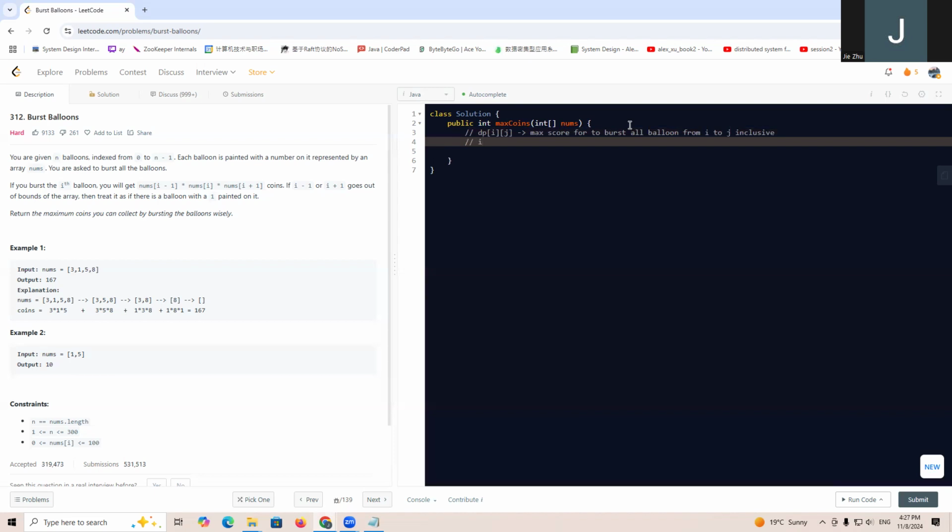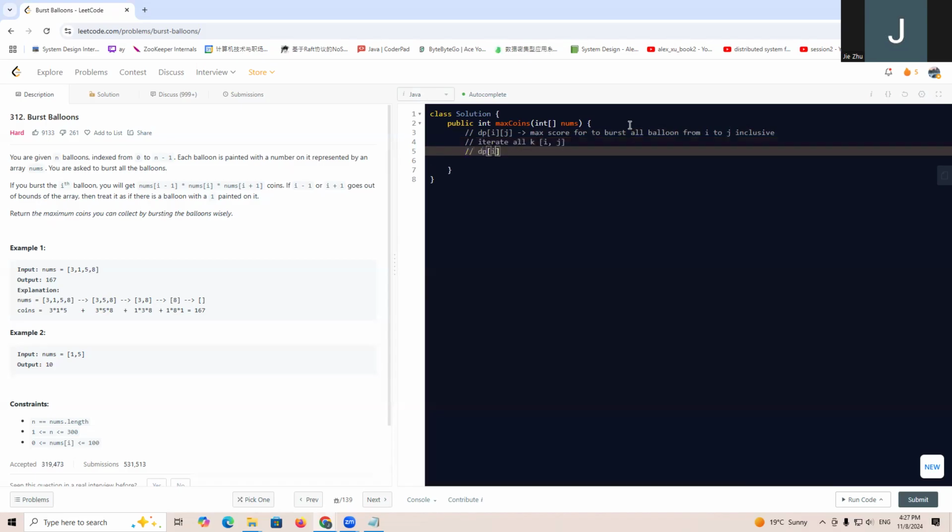So we iterate all k, which is from i to j, right? So our dp ij will be max of dp i to k minus 1, right? The thing is that this k minus 1 should be greater or equal to i. Of course, when we add this one, we need a condition saying if it's not, we'll not add this part. And add